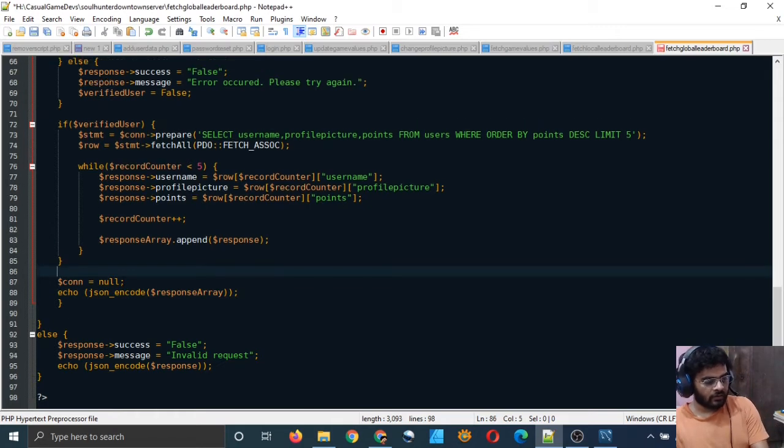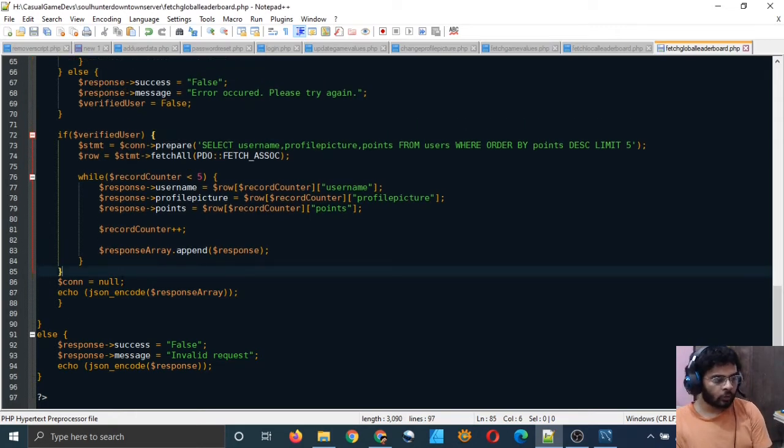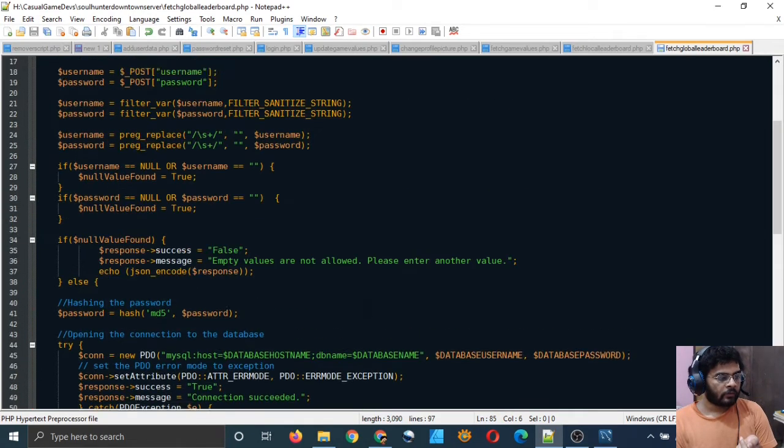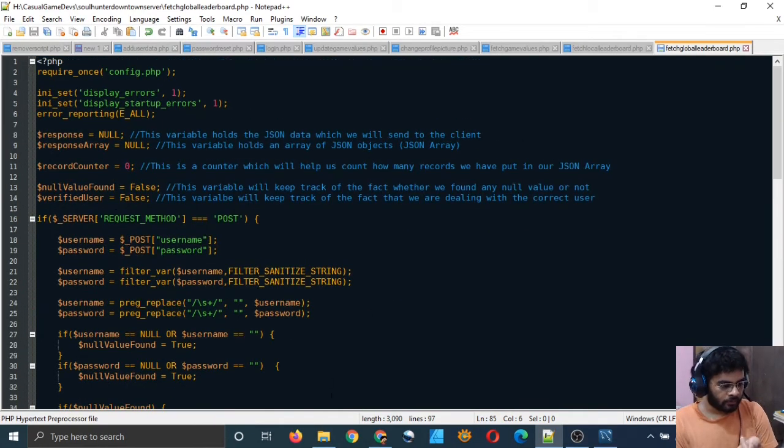Let us now test this code if it's working properly. So first of all, let's push it to GitHub.